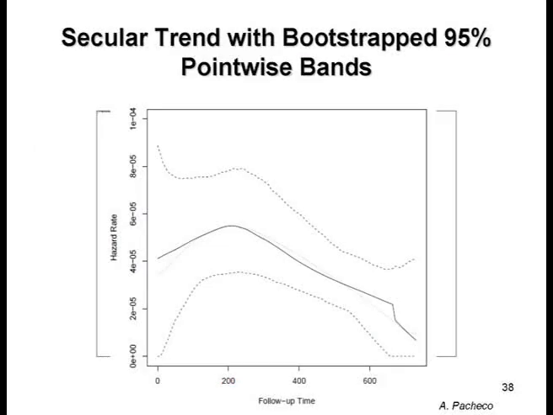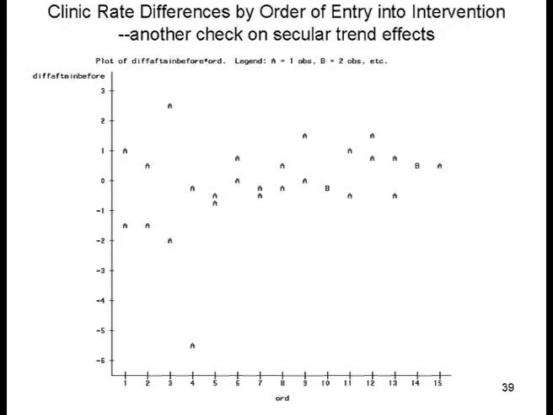This was looking now at the difference after minus before. Okay, so sorry, for each clinic, I'm taking the TB rate after intervention minus before. These were the rate differences, and this is by order of entry into the study. So just to see if there's anything weird going on with the order of entry. In fact, there might have been a little bit. It looked like there was more variance for those who entered at the start. You would expect a little bit more variability just because they've collected more Poisson events over time.